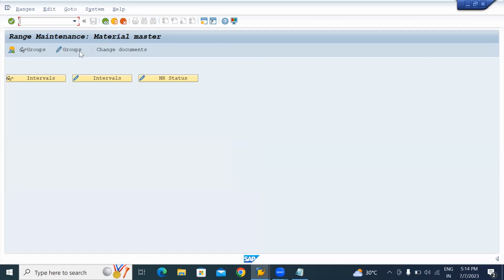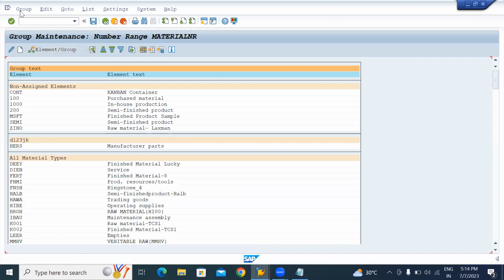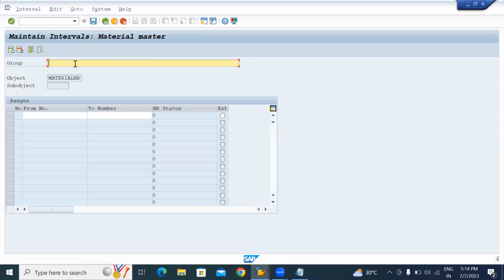But yes, to create a number, first what we will do, just click over groups, then go to group, then create. After that, here you will create a number, right? So here you will put the name, you will define the name, right? Like a Tata material number range, right? Then you will define the number, for example 6,000 of